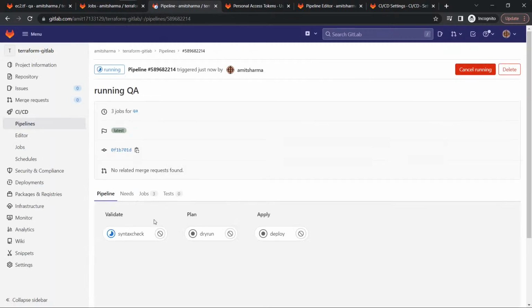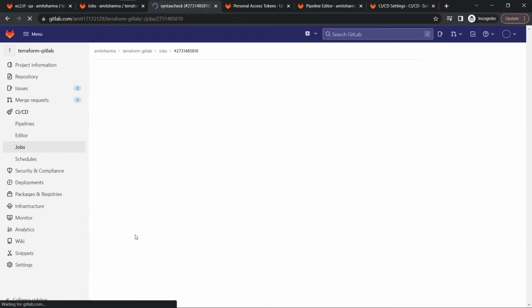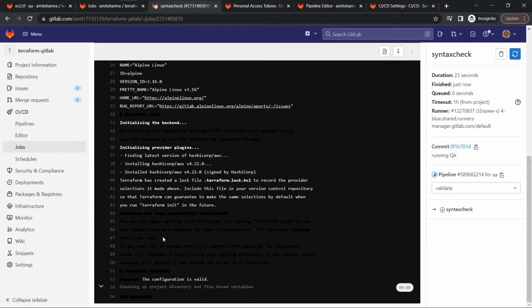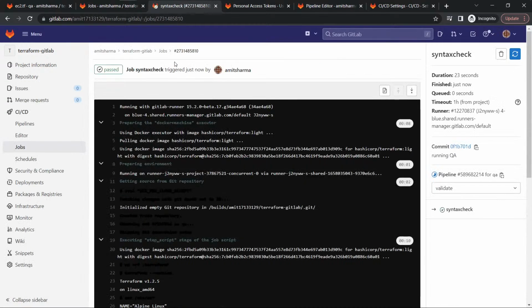Okay, now it should run, I guess, but yes, let's see. Yeah, now it's running. So if you see, it's validated perfectly, meaning we have removed the protect variable from the